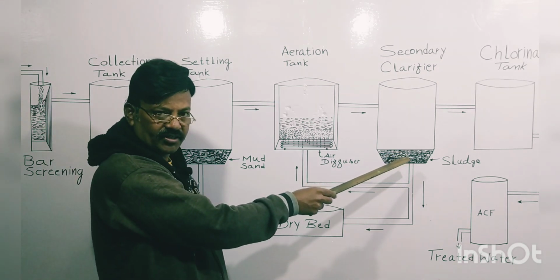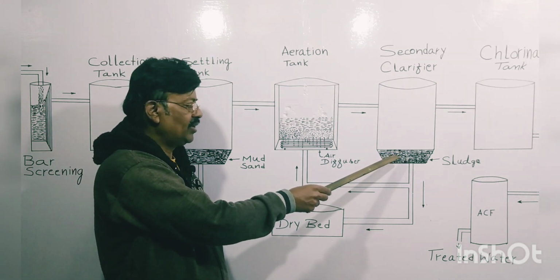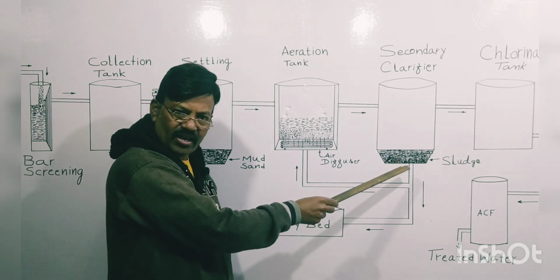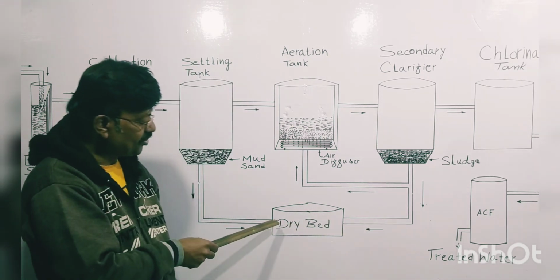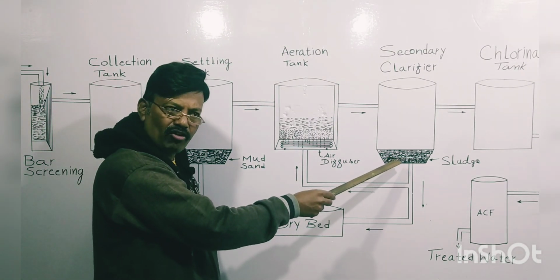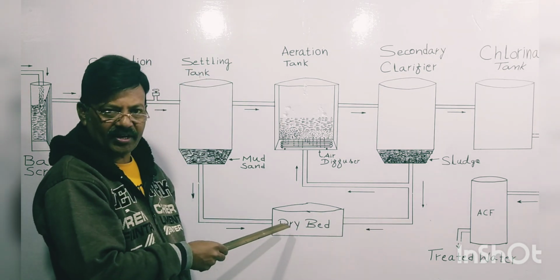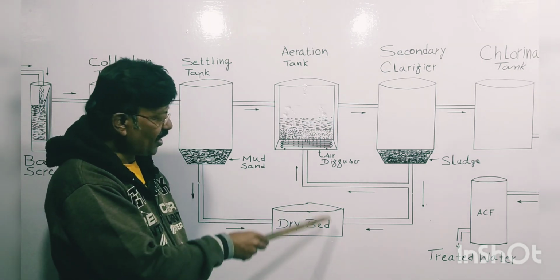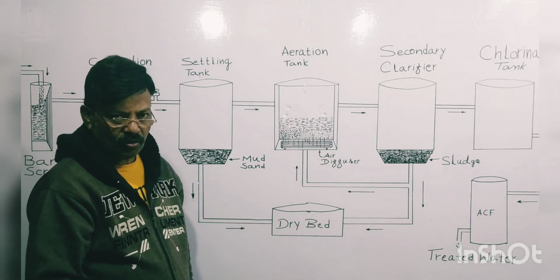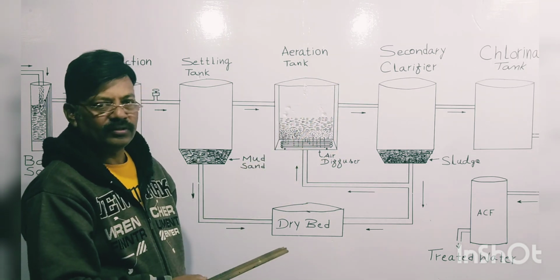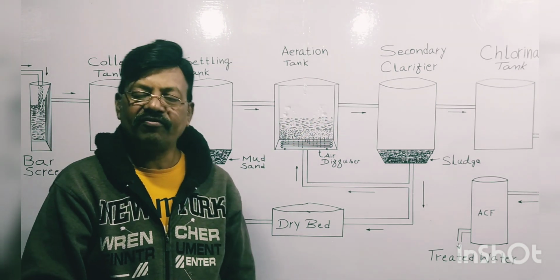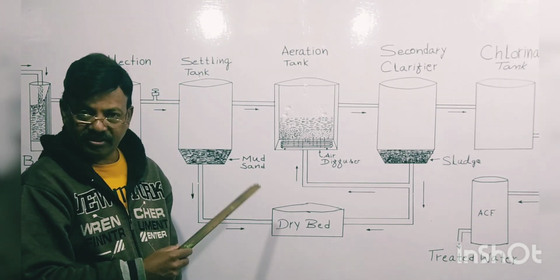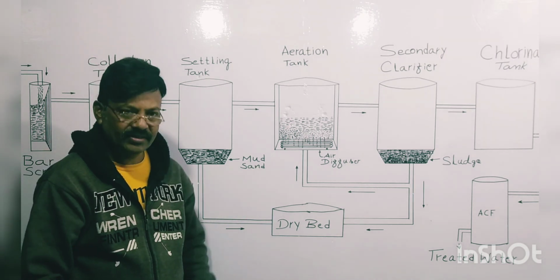That wet sludge, in the sense live bacteria, should die now. That is why we have connected it to the dry bed. Once these live bacteria are shifted to the dry bed, they will die and also become dried. Then this dried sludge will be taken out. This is how treatment of the sewage water happens, with the help of, remember, don't forget, MLSS, as I have explained so far.